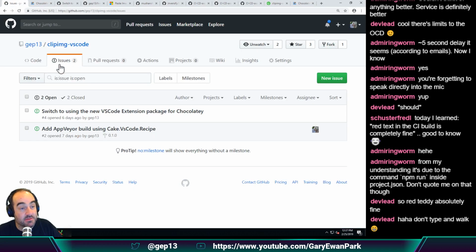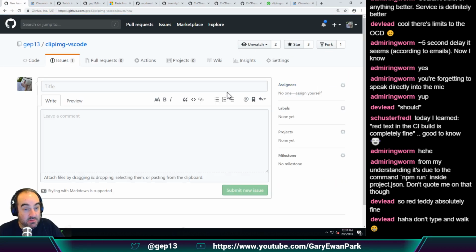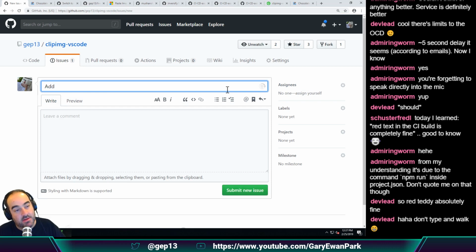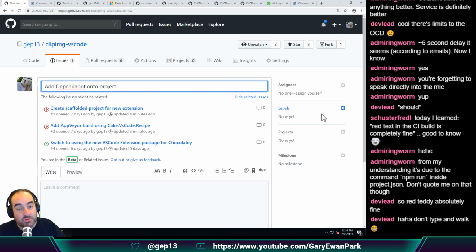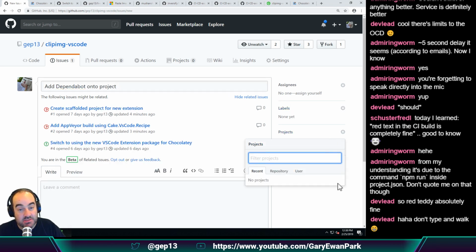That's not what we're going to do today. The one that I'm going to do today is I'm going to add dependabot into the mix. So we spoke about this briefly, I think, last week. Add dependabot onto project. So dependabot is